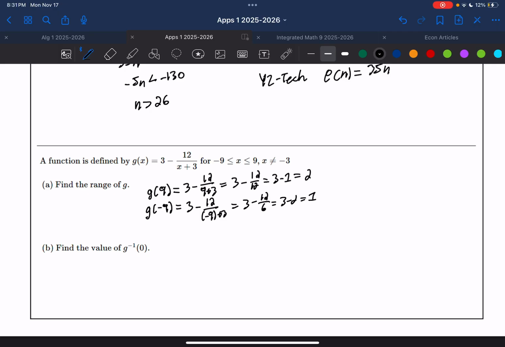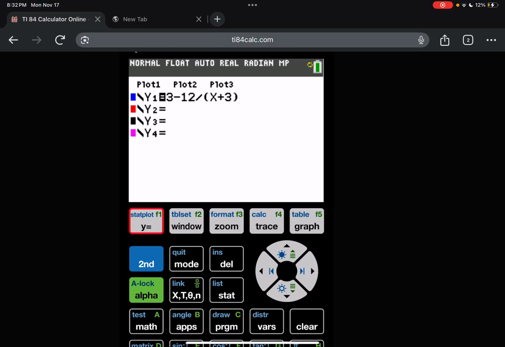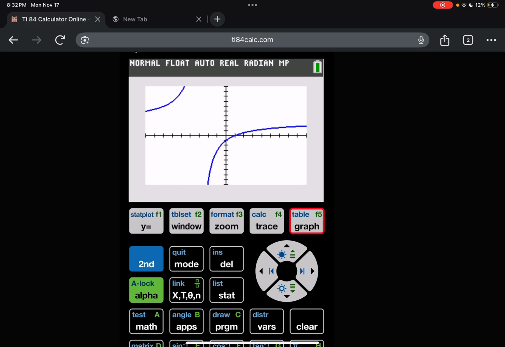So that means the range of g here, we could say is y is greater than or equal to 2, or y is less than or equal to 1. But not in between them, right? If we look at the graph, between y equals 1 and y equals 2, and if I look at what is my window here,